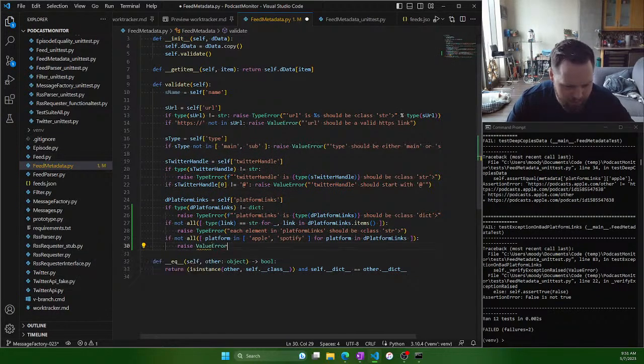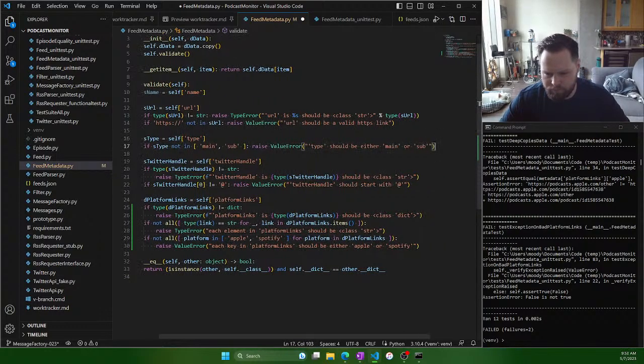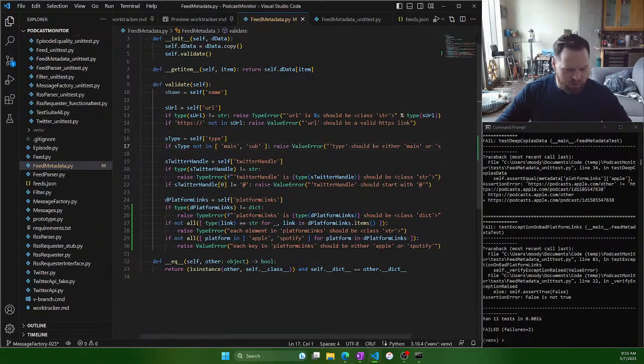Raise value error, and we'll say each key in platform links should be either Apple or Spotify. Okay. All right, so here we say we're basically now going through the keys in each, and for each one